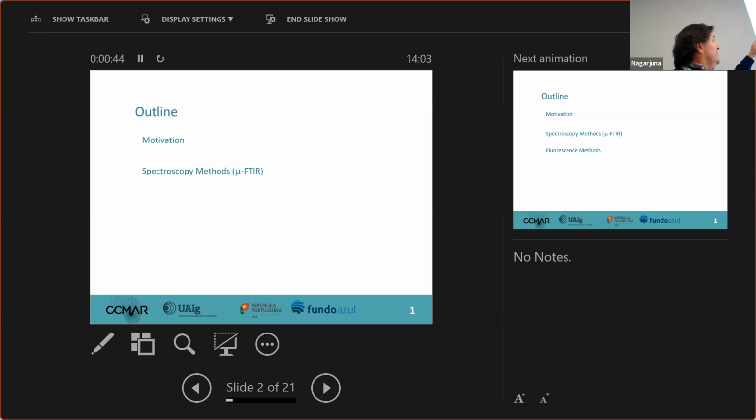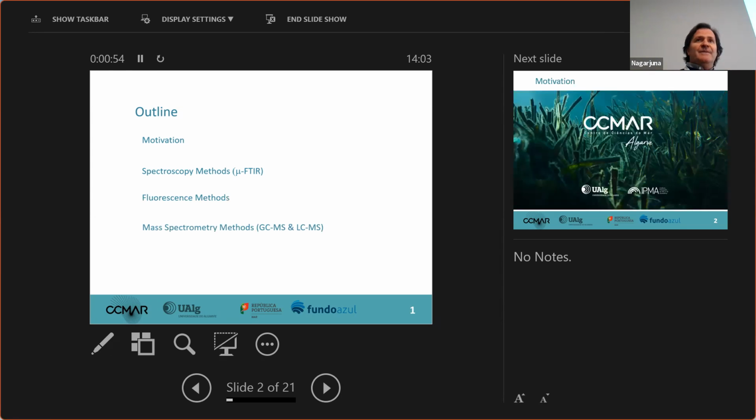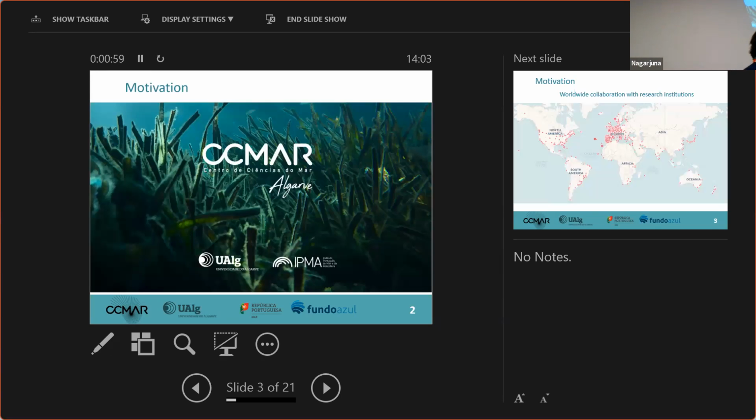Say a few examples of spectroscopy methods to quantify microplastics in marine samples. Then I will move to fluorescence methods. Finally, mass spectrometry methods. I will give one example. Okay, so as outlined, I will explain briefly